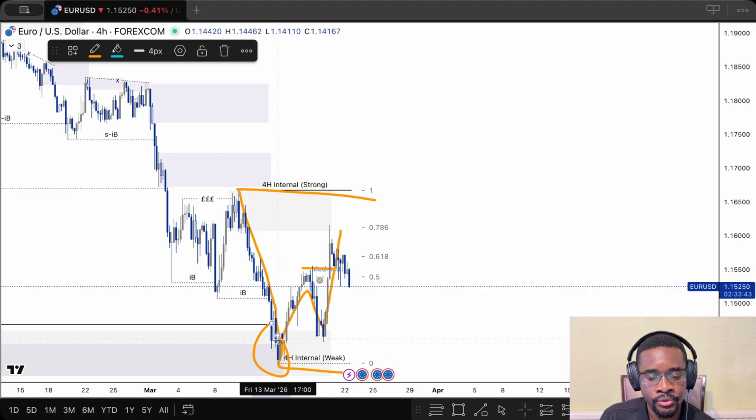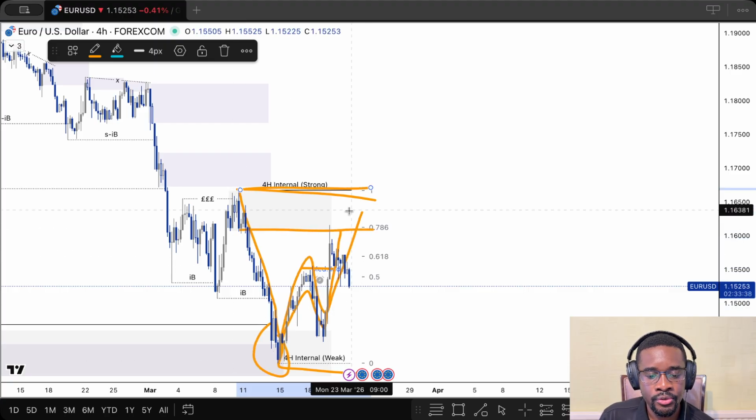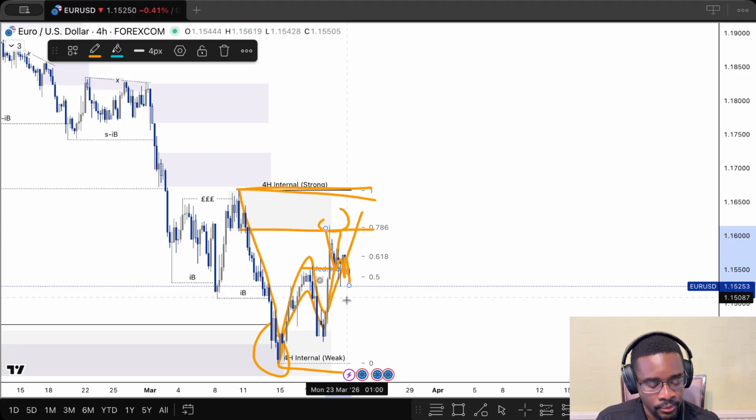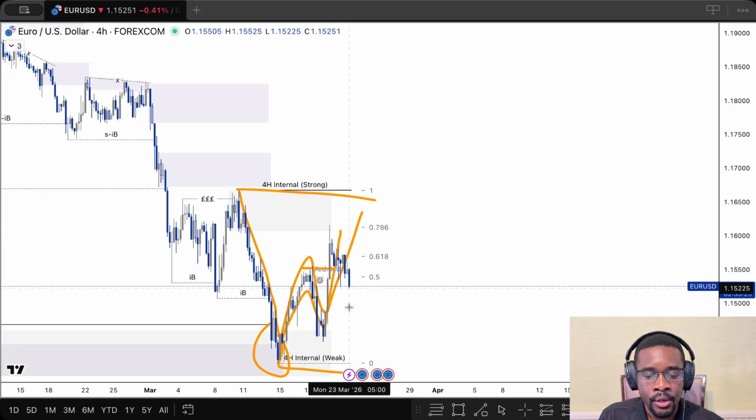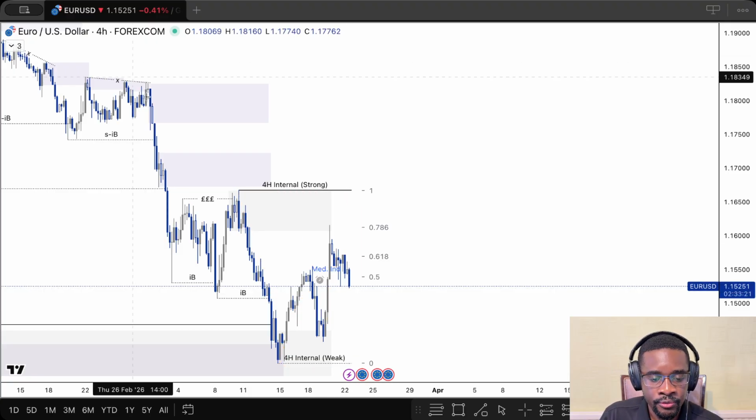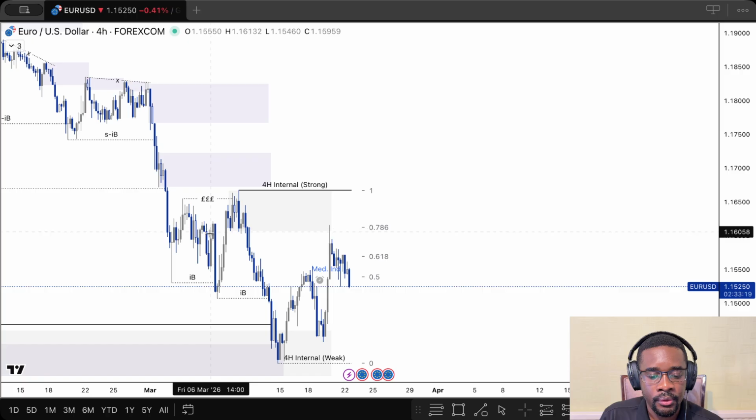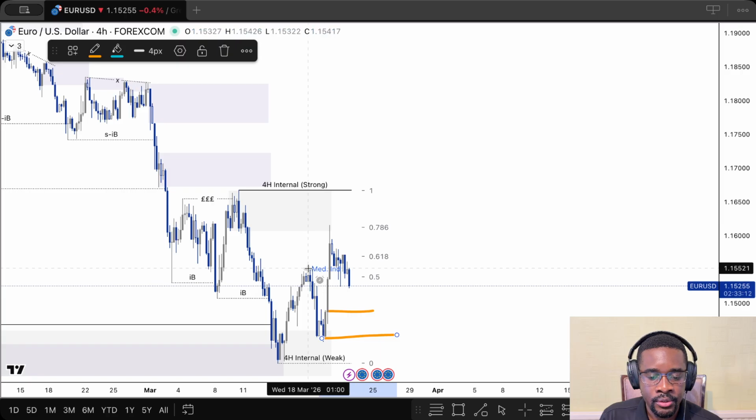So after break of structure we expect a pullback. The pullback came all the way to the extreme of the 4 hour internal range, and now price has been reacting bearishly. Now whether that bearish move is going to be a continuation of the overall bearish movement in price, or is just for price to come down to these areas, which resulted in a break of